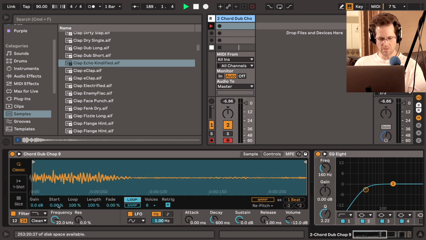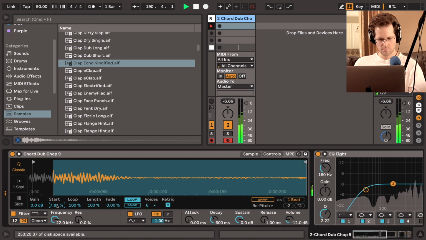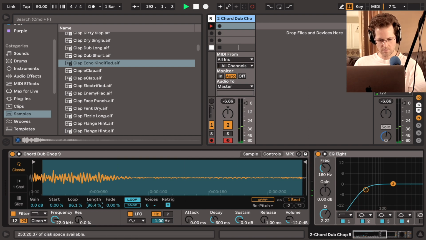You go to loop. So what are we doing right now? Well, we want to make it sound nice. Now, if I move this start here, it's going to start from there. I don't want that. I want to move the loop, so it still starts at the beginning here. See? But where's it going to start looping? Well, I want to make it loop